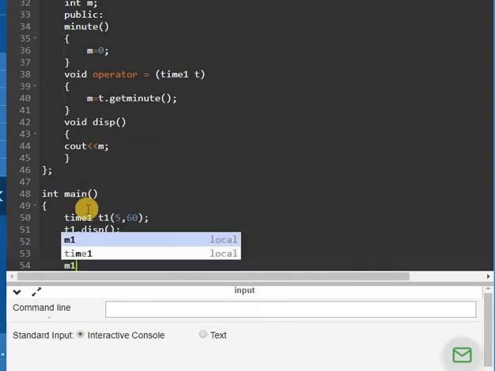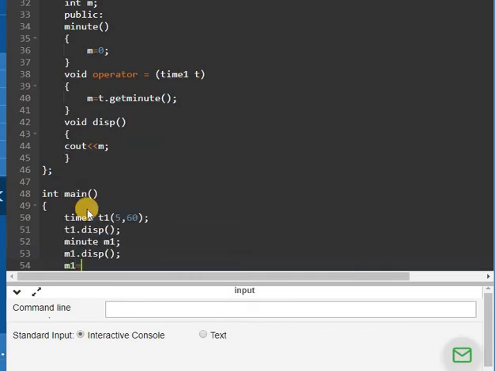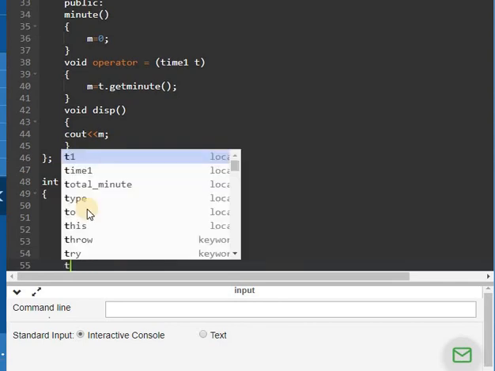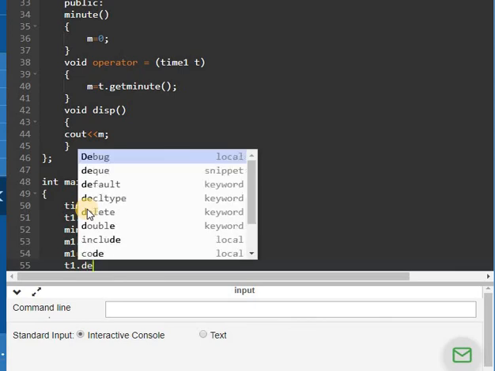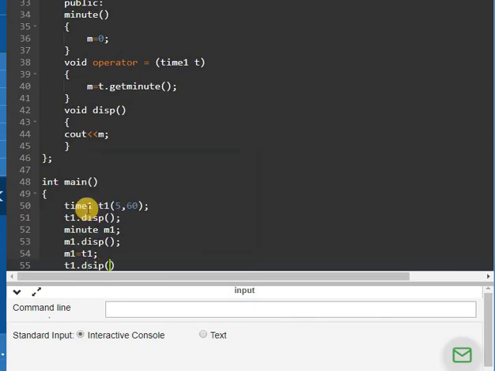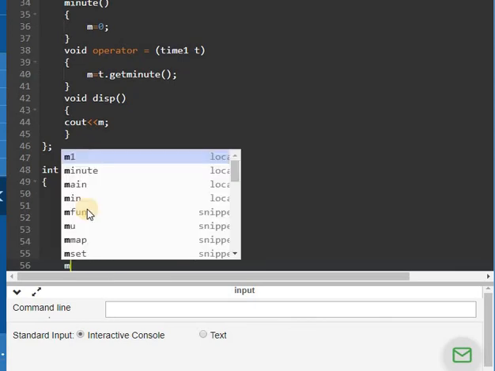And then now I am writing this particular statement, m1 is equal to t1. Then again you can see the values by calling the display function, and then m1.